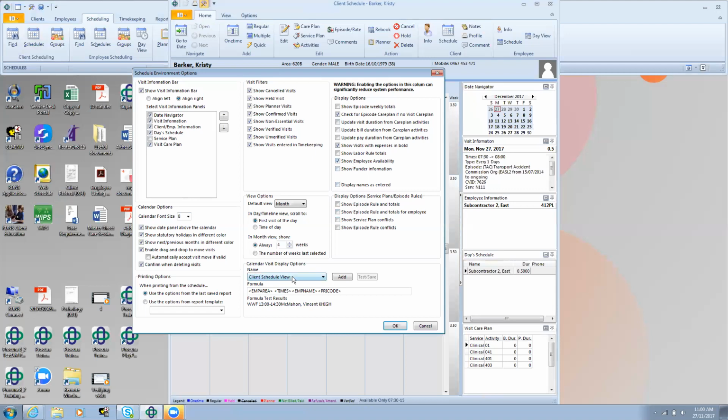Now finally, we have this section here that allows us to show our visit display options. So when we first open up the client schedule, our overall view can give us some basic information that's useful to us to see at any given time. I already have one in here, but we'll go through and we'll add another one. So if I click onto the add button, I can name this area. So I might call it my client view